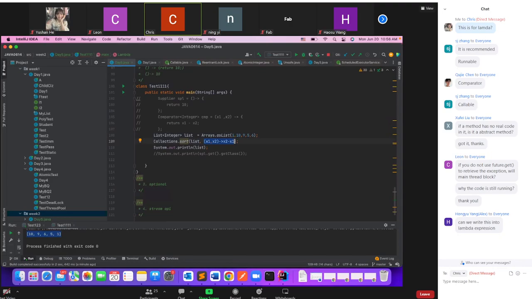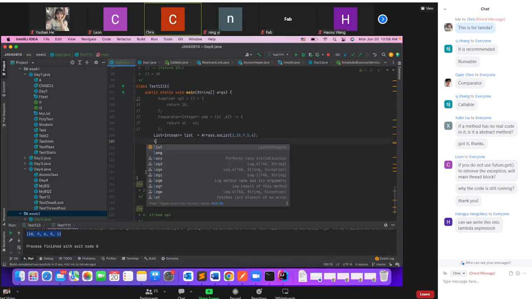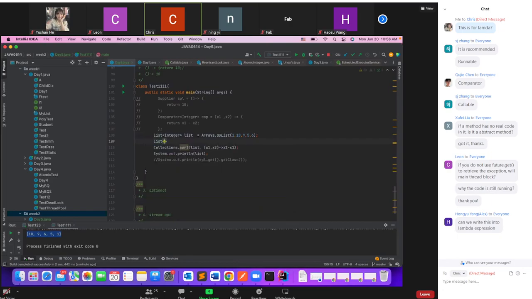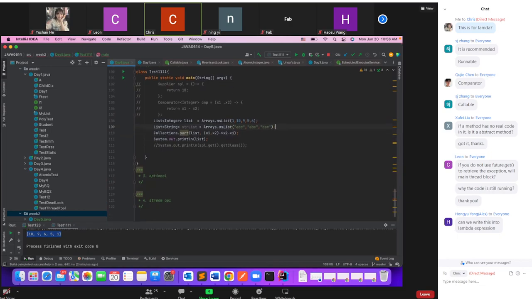So in that way you can do it, but I think it will waste some time. Just to give an idea of how to use this comparator, like you have a list of strings, store this list, maybe ABC. But I think this is not a good example, because in this case you have to even count